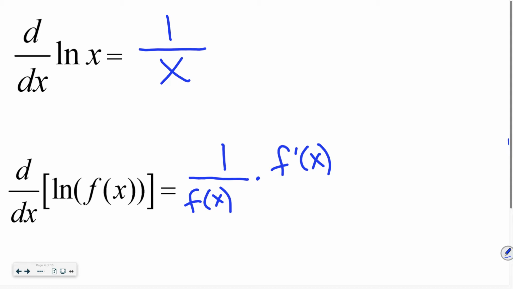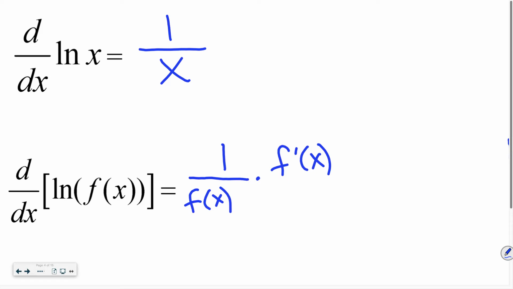So really, it's just what's inside. Yes. Okay, Colby just said, so basically it's the derivative of what's inside over what's inside. If you'd like to think of it that way, you're more than welcome to. Okay? So let's do like 5 examples and then I'll tell you, well, what happens if we don't have